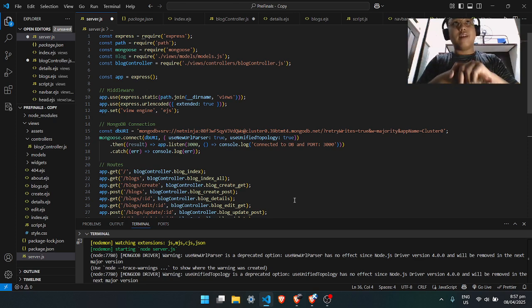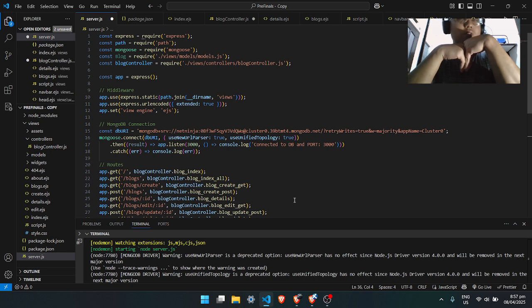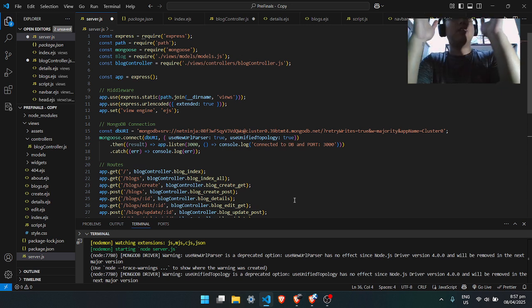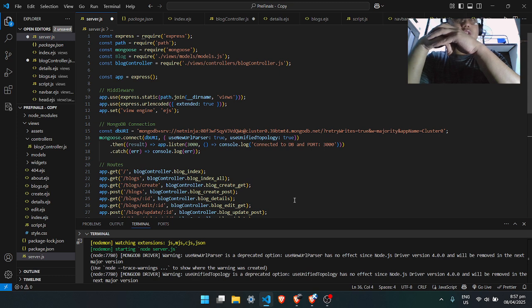The first thing we have right now is my server.js file. The first one I have is Express, of course, to use the framework and other functionalities of Express in my website and my blog site. I use Path for redirecting and using CSS and all those things. Mongoose is for connecting my database to my website. Blog, of course, is the structure of how I should send data from my website to my database. Controller, blog controller, of course, is my controller.